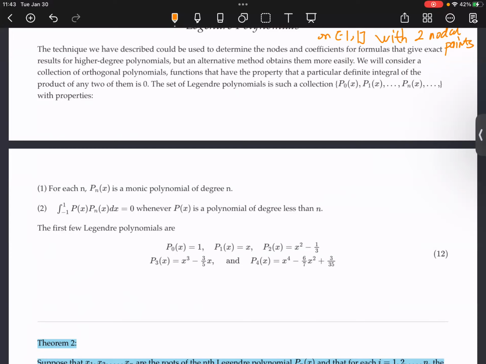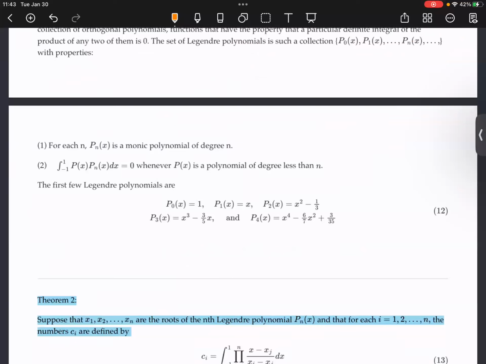So the good news is that the Gaussian nodal points, and I'm talking about the interval -1, 1 at this moment, are the roots